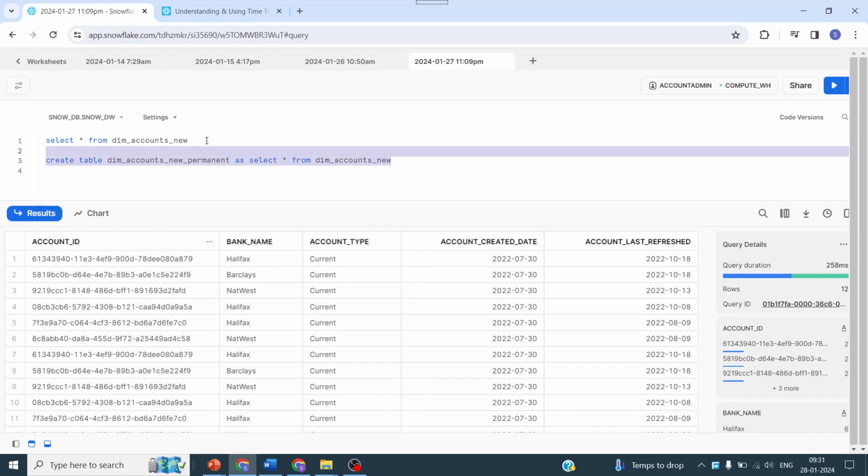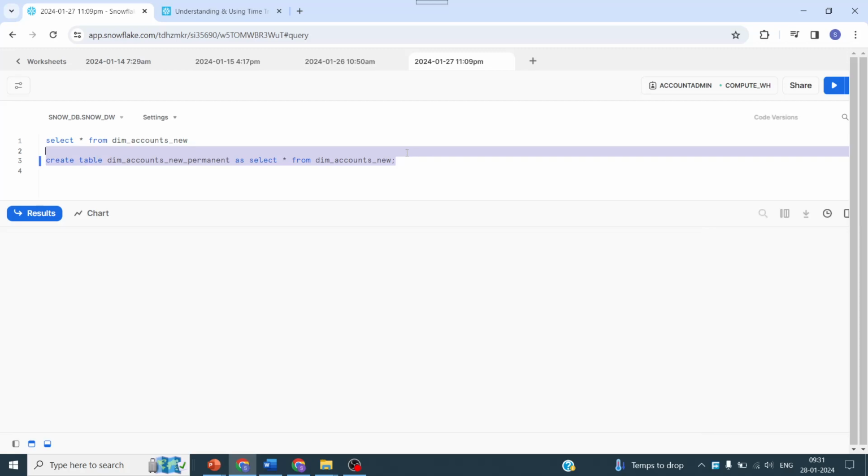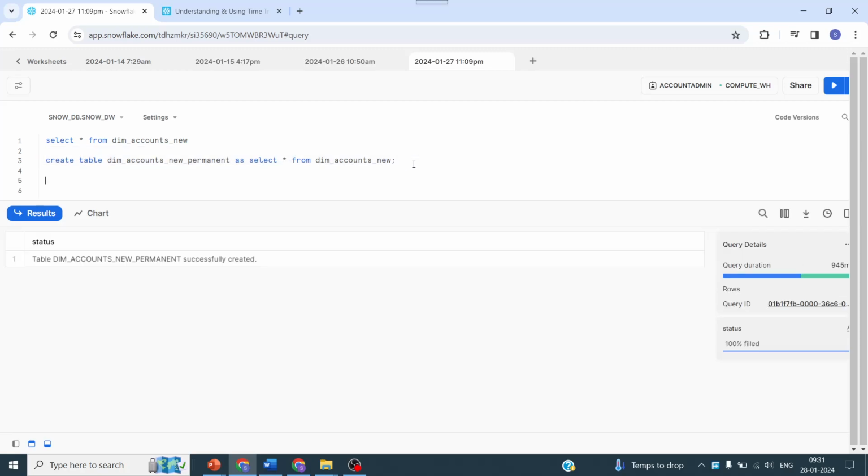Okay, so I'm just giving this syntax. We don't have to mention anything specific like create permanent table or something. You can just create table and you can get your table ready. So let me just create this, run this, and my table is created. Now I will do show tables,